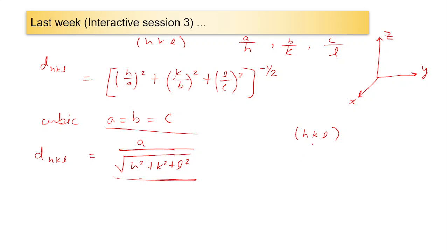This is the HKL plane, and then when we talk about a family of planes, because we were saying that if this is say the 100 plane, then in parallel we will have one more, and in parallel one more. So to show that family of planes,